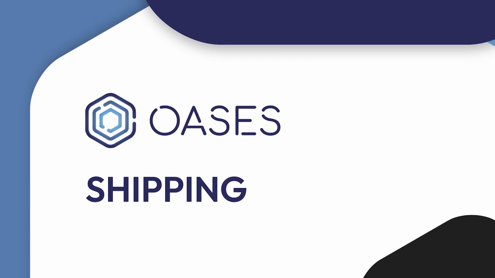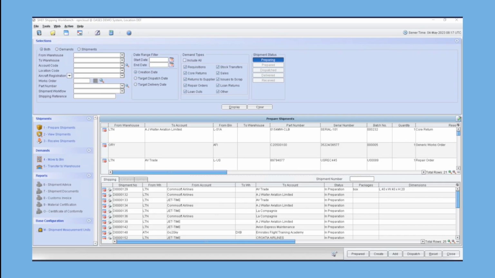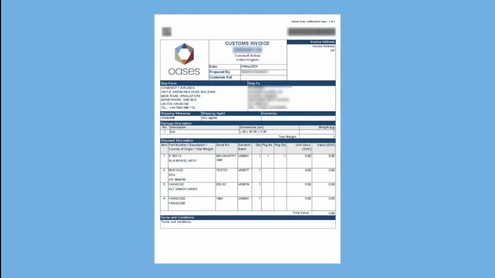Shipping ensures demonstrable customs compliance through robust data audit trails, from the supplier or manufacturer right through to any location within your organisation. User-friendly dashboard views provide you real-time insights wherever material or equipment crosses a customs border. You can specify the customs territory against each address, which ensures the relevant customs information is